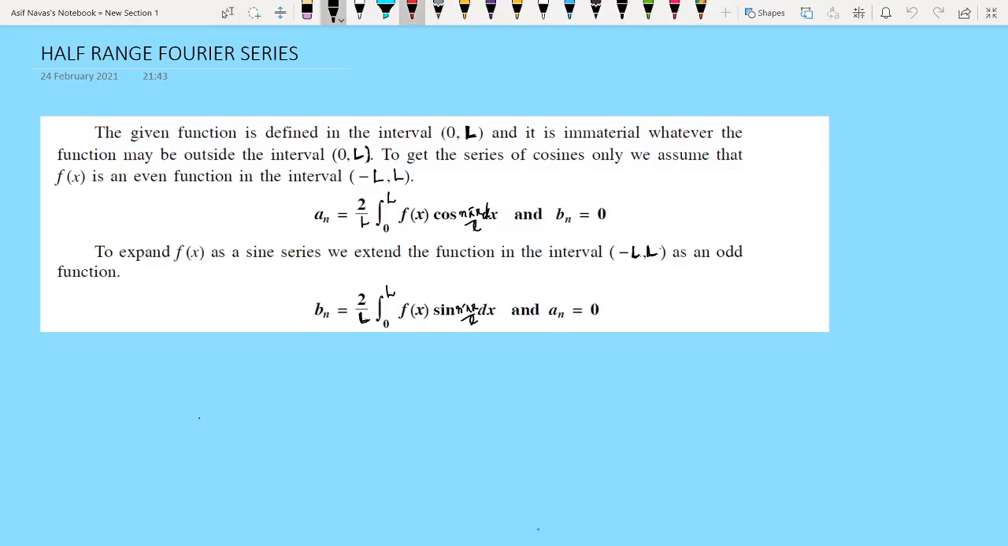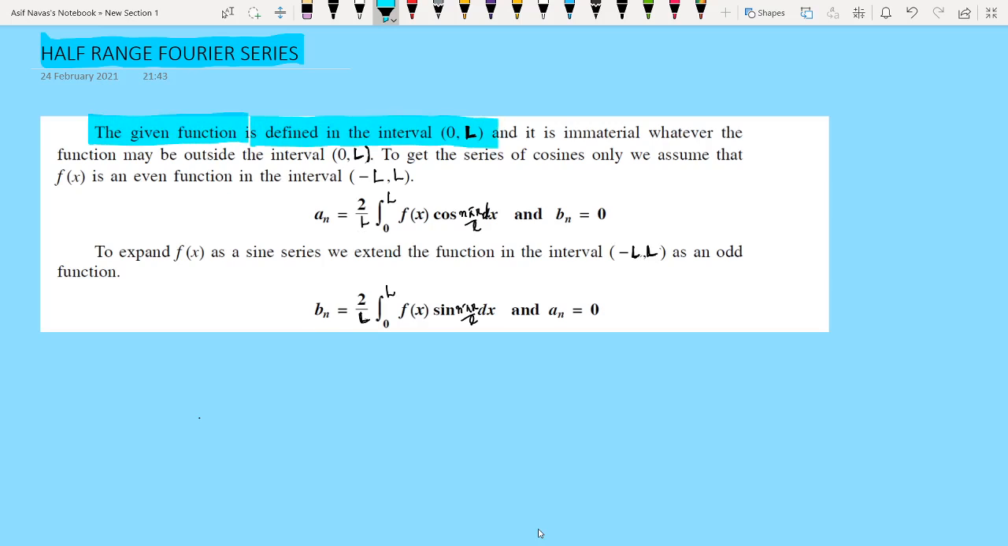So today's topic is half-range Fourier series. Half-range Fourier series means suppose our given function is defined in an interval 0 to L. For example, in a real life example, if we have a string